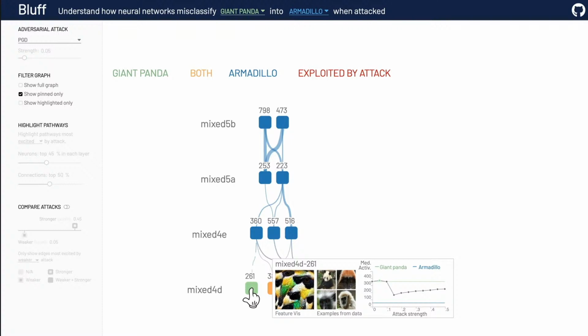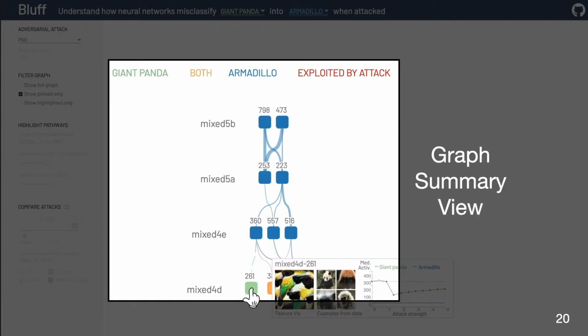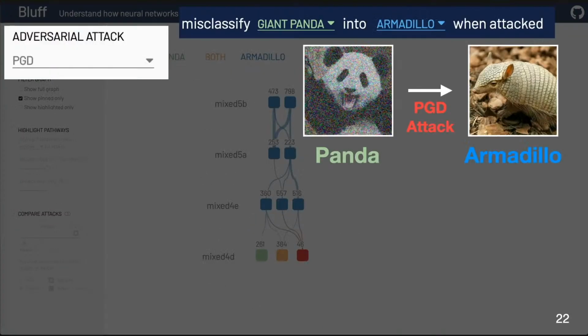The Bluff interface tightly integrates three coordinated views. It consists of a control sidebar, a graph summary view, and a detail view. Here, a user inspects why a deep learning model misclassifies adversarial giant panda images crafted by the projected gradient descent